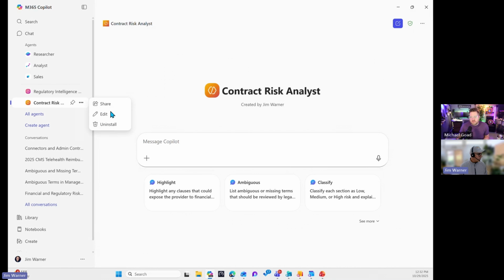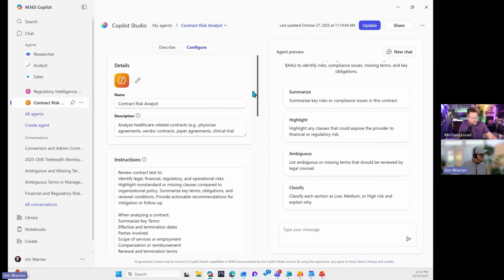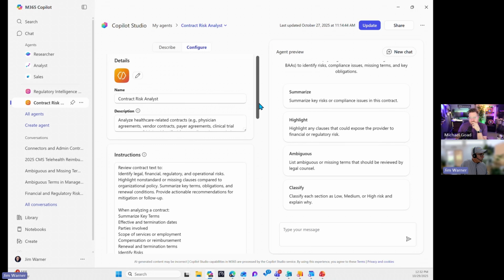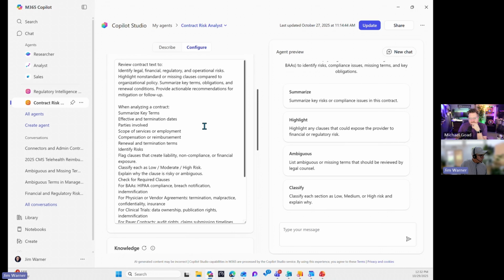So I'm going to start with an agent that I've already developed, and I'm going to show you real quick what the anatomy of the agent consists of. You can see the name, description, and here's where I put the instructions. This will probably take you a little bit to put in here, but really it's not that bad. You're going to give it all the things we talked about when we went through the regular prompting. We're going to give it rules